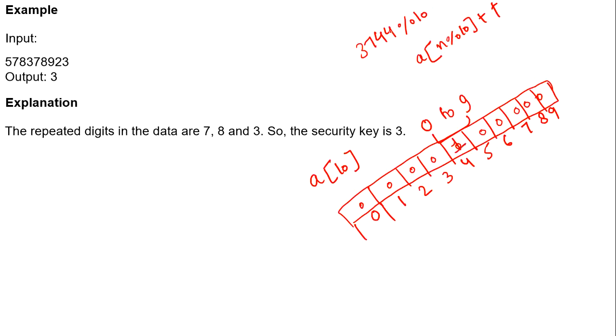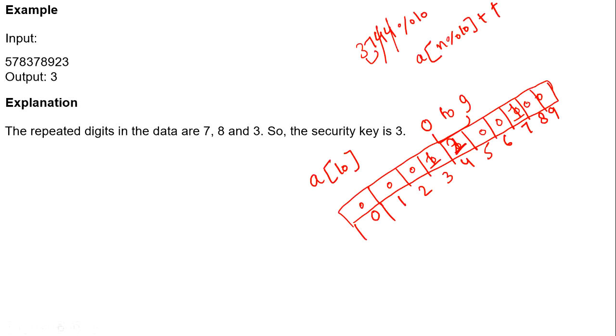Okay, now we'll reduce our number. Now the number is 374. 374 mod 10. Again, modulus operation will give us 4. So we will move to the same index, and now the value is going to be 2. Okay, and the same thing we will do for 3 and 7 as well, which results in the 3 value being 1 and the 7 value also being 1.